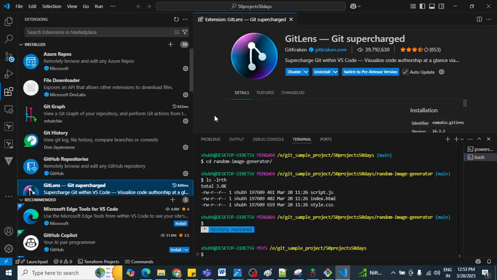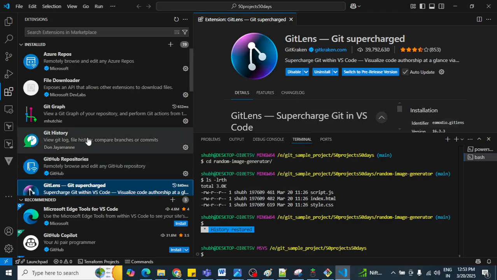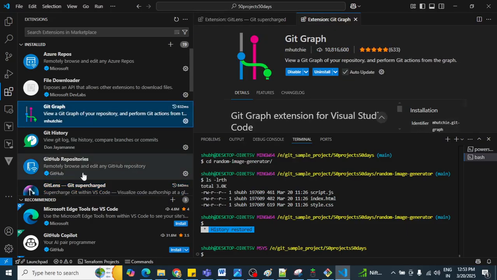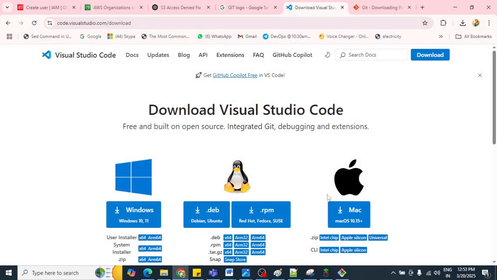Just click here, and if you are newly installing, it will show the install option. It is already installed on my laptop, that's why it is showing uninstall. I am not going to uninstall because it is already there. So you just need to install these three: Git Graph, Git Lens, and Git History. Just click here, install.